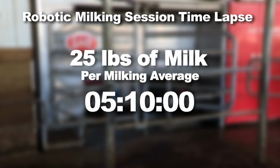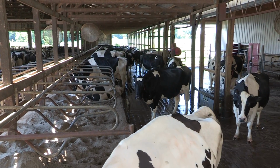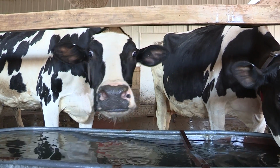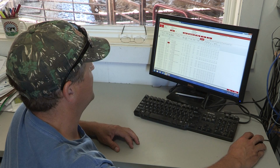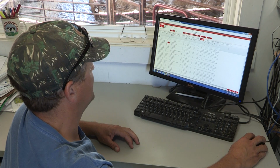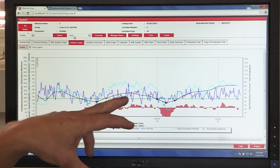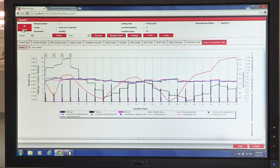We do come to the barn at least twice a day, every day. The cows need to be fed, the barn needs to be cleaned, we maintain their stalls, check for sick cows. We'll sit down at the computer and go through some reports in terms of cows that might be off on production, cows that might not be eating as much as they should be, and look at a number of things